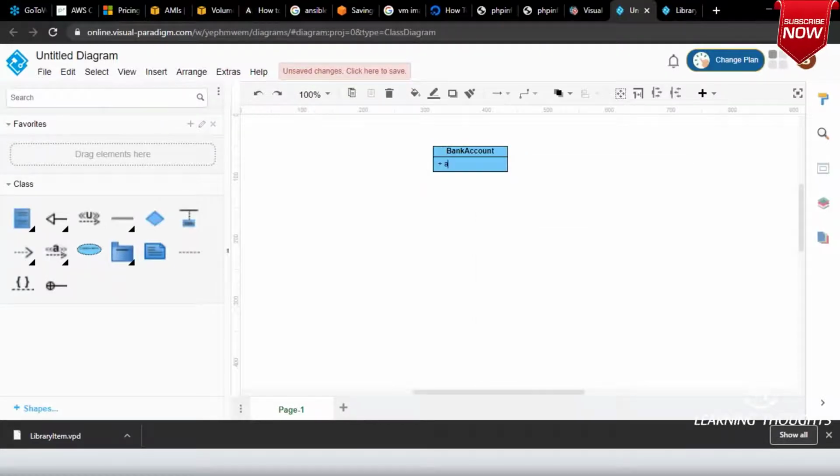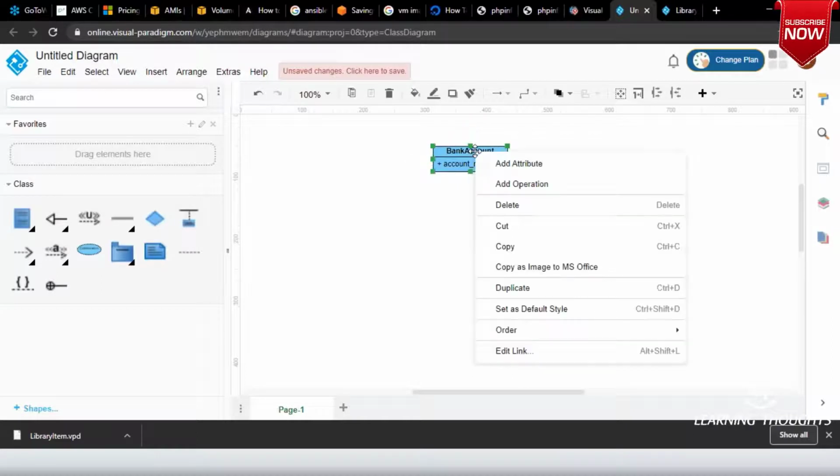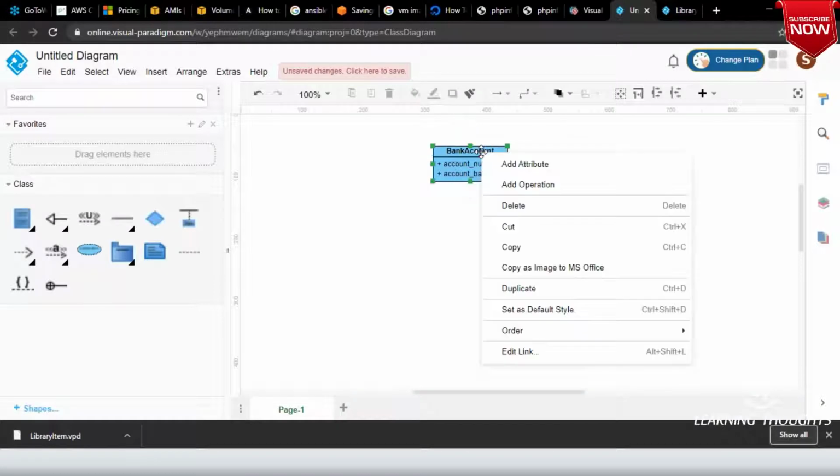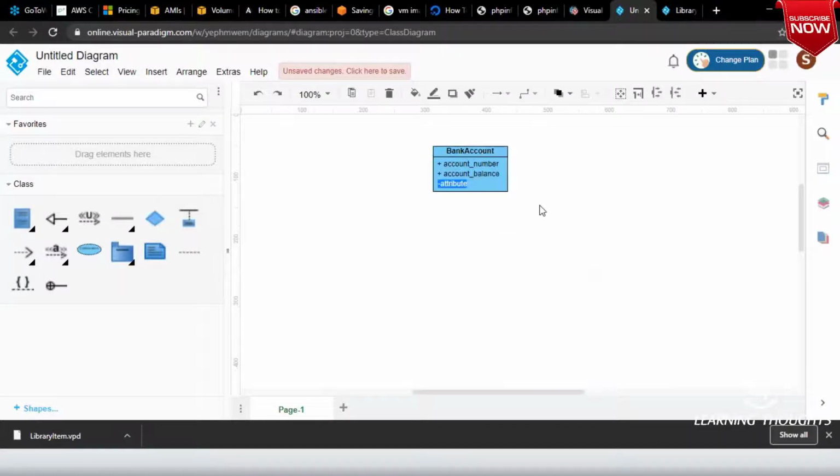Okay, it will have account number. Do you agree with me? Right? So it will have some account balance. Right? Every bank account is generally linked to a customer.